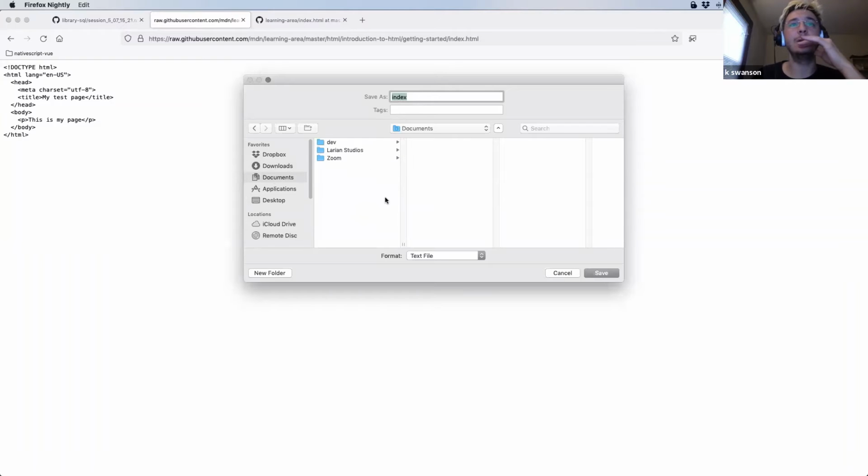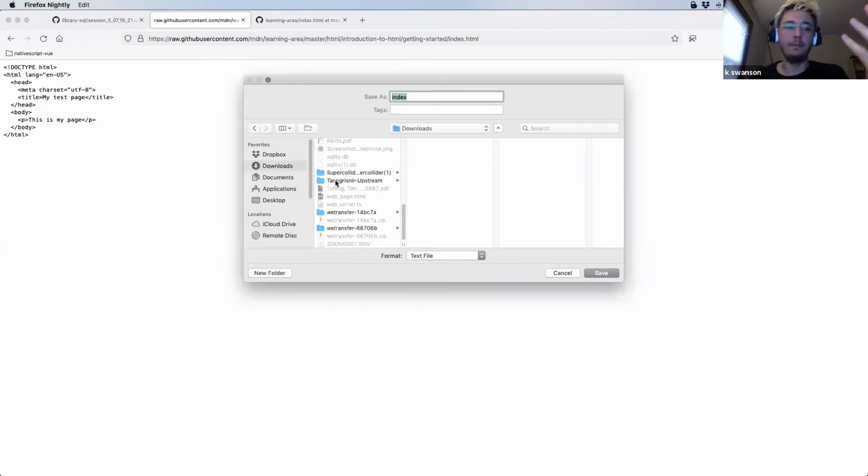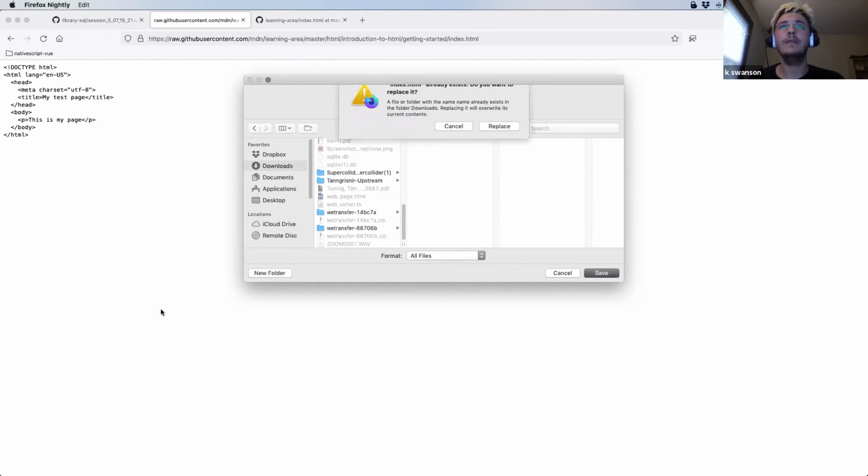And then what I can do is go to where I'd like to store the web page. I'm going to put it in my downloads folder, because that's a convenient place to put it. And that's where my database is anyhow, that database file I downloaded. So you can put it there too. It's totally up to you where you put it, but I'm going to put it there. And I selected all files. And if I click save,